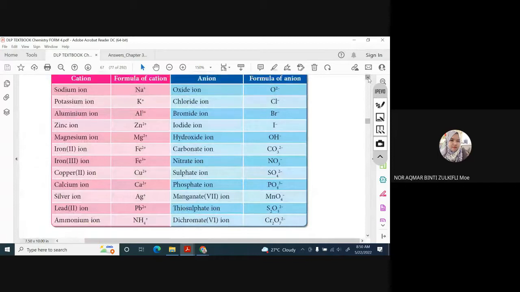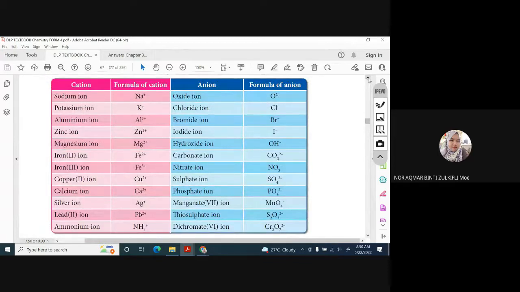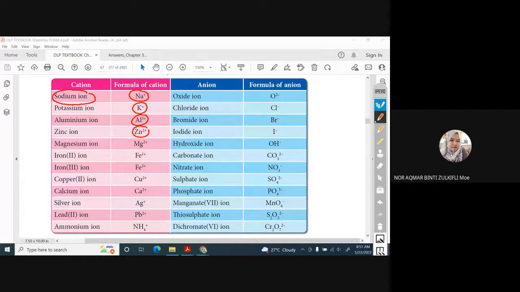Okay. Okay, this one for ion. Okay, ion have their charge. Okay, so ini yang cikgu cakap yang famous tu. Yang cikgu bagi tadi, contoh sodium chloride. Okay, this is sodium ion Na+. Okay, betul. Okay, ini semua contoh yang positive ion. Potassium ion, aluminium, zinc. So you can see all positive ion. And we call it is a cation ion.